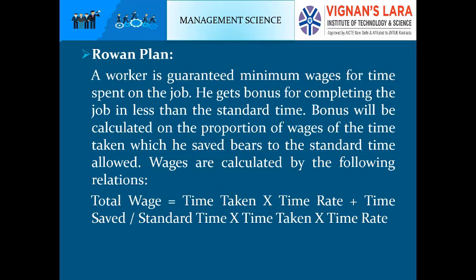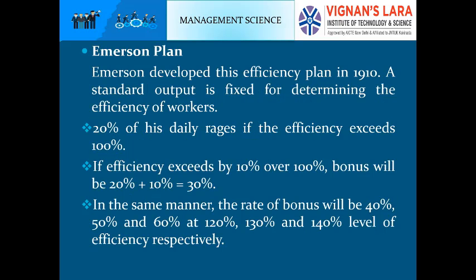Bonus will be calculated on the proportion of the time saved to the standard time allowed. Wages are calculated by the following relation: total wage equals time taken times time rate, plus time saved by standard time into time taken into time rate. This is a formula. Here we observe that bonus is payable in relation to standard time and actual time. Here we are giving only a proportion, while in the Halsey plan only 50% of time saved is given. Let us go to another